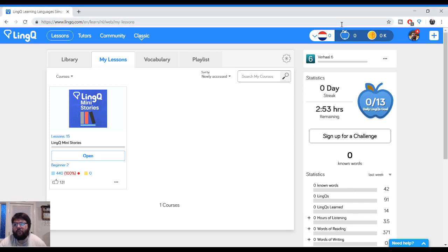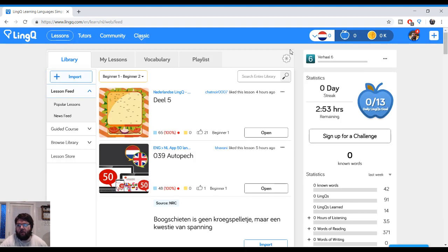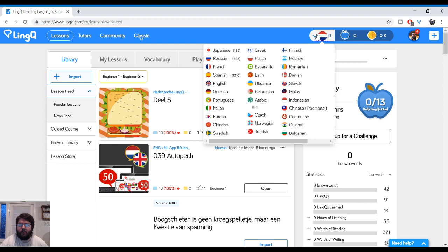Today, I figured I would touch a little bit on Lingq. I've seen some people, as a matter of fact, recently on Twitter, somebody said that they felt lost on Lingq, and this is kind of where I start. So I just went into a random course here. This is Dutch, which will actually be a good example because Dutch probably won't have as many resources as, say,